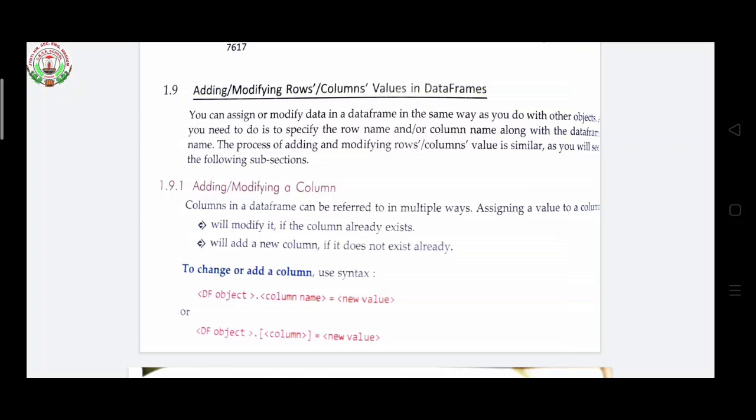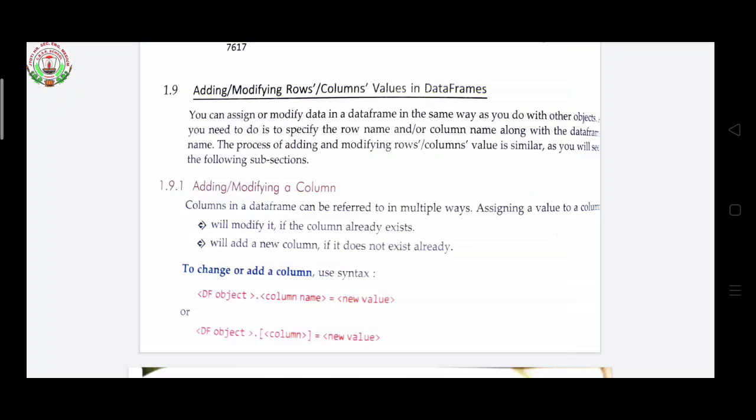In SQL also we had seen that last year in class 11, that if the column name is there then we can change our column name, and if the column name is not there and I want one more column, then I can add it in my database. So in Python also we can add our column names if not there, and we can change our column names if they are already there. So how will you write the syntax for this?